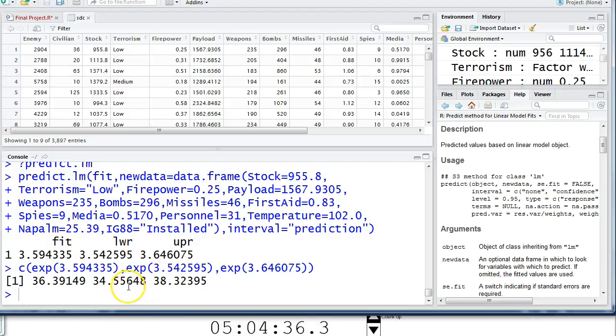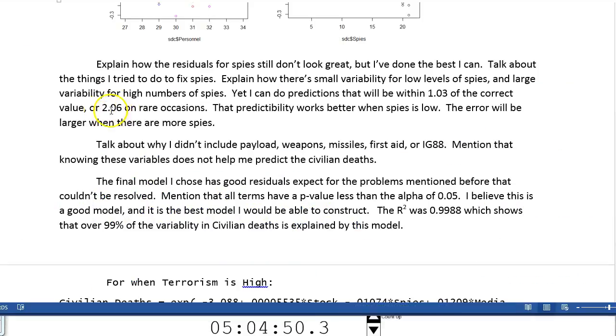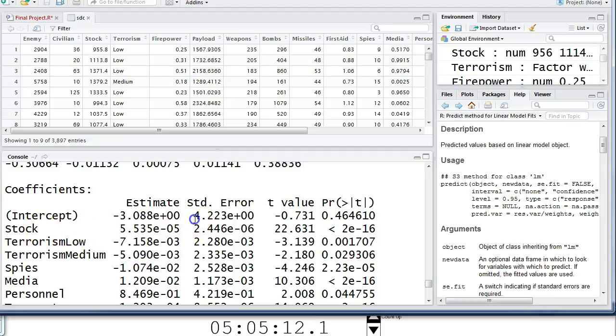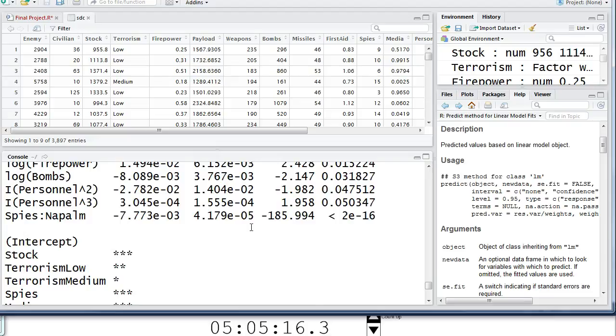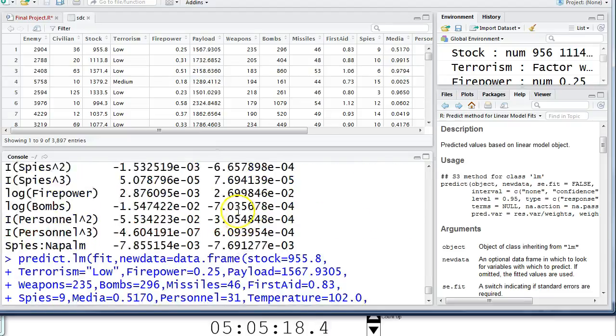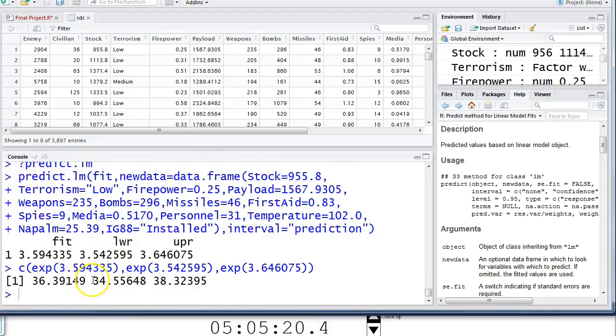And you might notice these values have a slightly different error than the plus or minus 2.06. There's several reasons for that, including the idea that it's not going out exactly 2 standard deviations in order to get 95% confidence, and also the fact that in the model it's incorporating all these standard errors, which I'll admit they're very small, so they're not going to make a huge difference, but it does mean that when R does it, it'll account for all that properly, which gives us a really nice interval that I can use in my